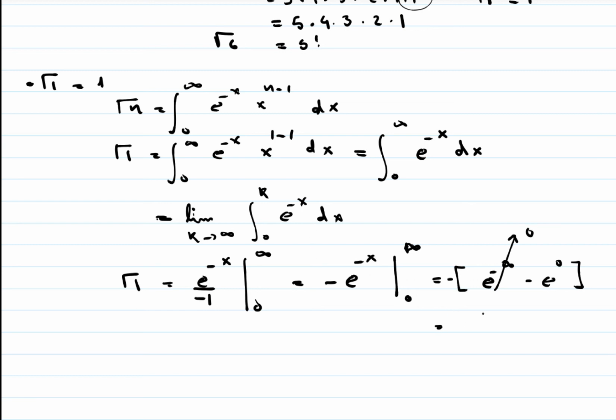Then minus and minus are going to become plus, and we're going to have e raised to 0. Now e raised to 0 is equal to 1. So this proves our second property: gamma of 1 is equal to 1. Fine. Now combining these two properties, we are safe to say that gamma of n plus 1 is equal to